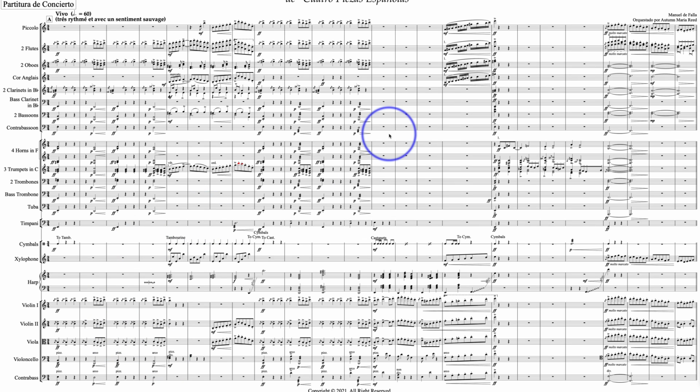So, let's talk about that harp. Okay, so I know everybody's dreading that when I get to that point now. But what I would say is,